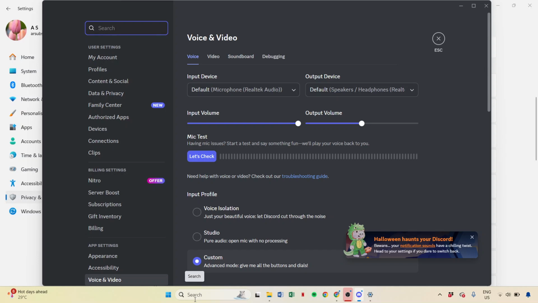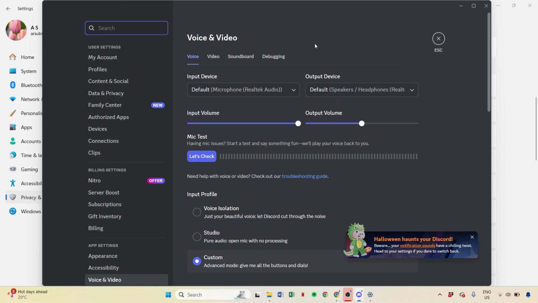Open up Discord and click on the settings icon, which looks like a little gear. From there, navigate to the voice and video section. This is where you'll find all your input configurations. Ensure that under input device, your microphone is selected and it's not left on default. Also, make sure that the input volume is turned up. Sometimes a simple reset of these voice settings can resolve any hidden glitches, so click Reset Voice Settings if you